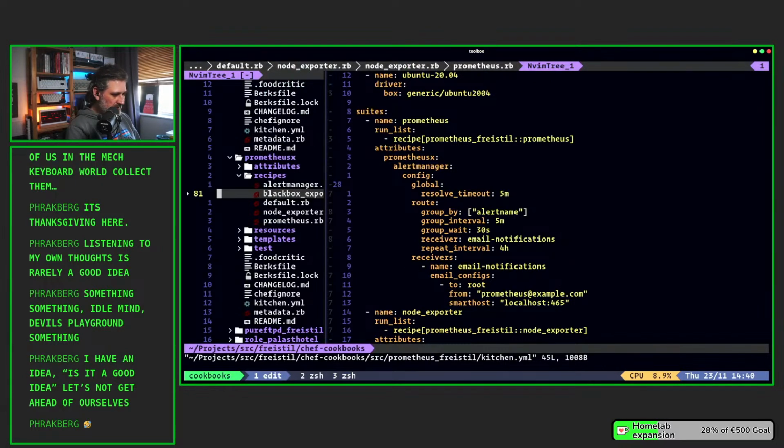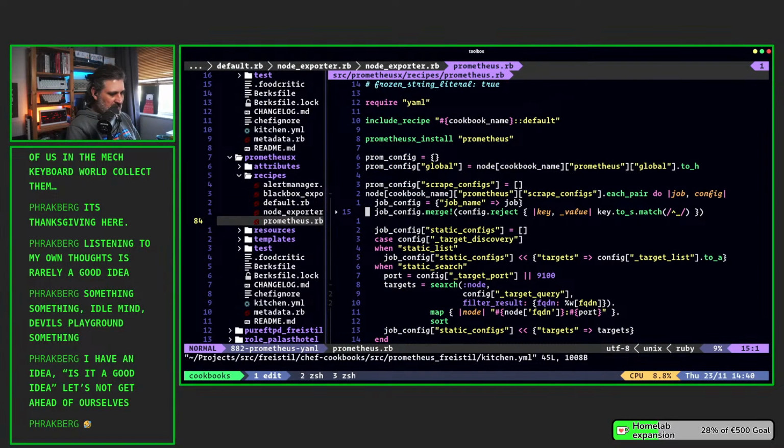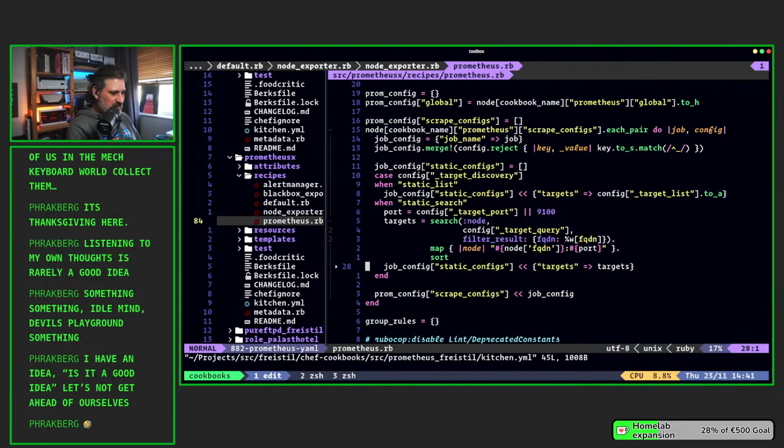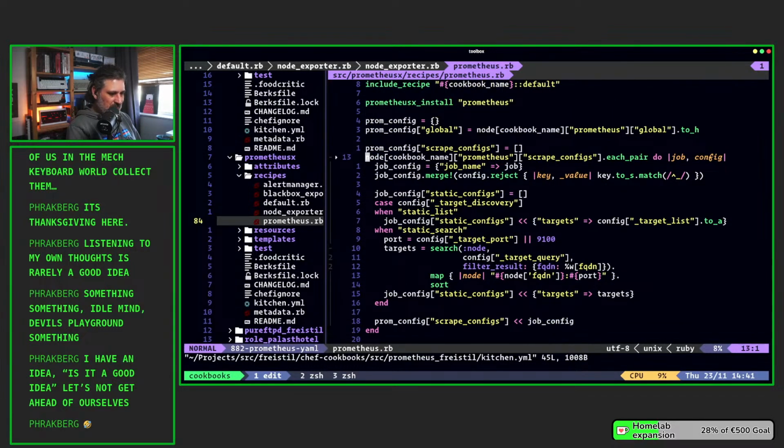So, let's see. Prometheus X. In the Prometheus recipe, I do quite a bit of data munging here, because I need to be able to pass in Prometheus configuration in the form of node attributes. Node attributes are basically key value pairs that are assigned to a specific node in our infrastructure, and by node in this case I mean a host, a Linux machine, and each of these Linux machines can have their own